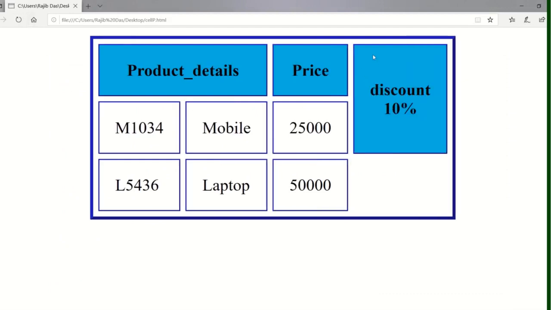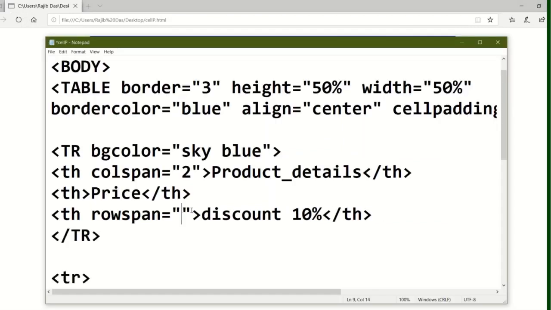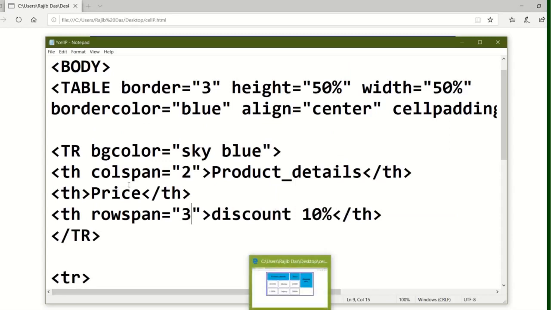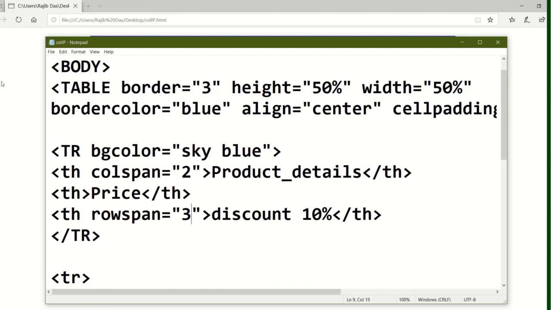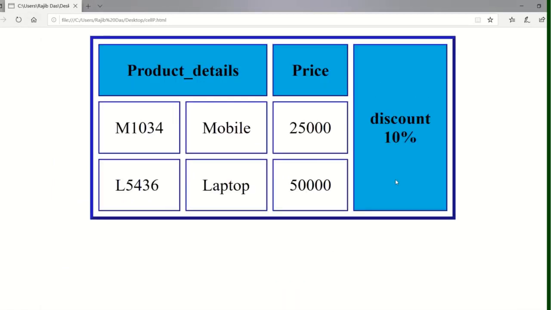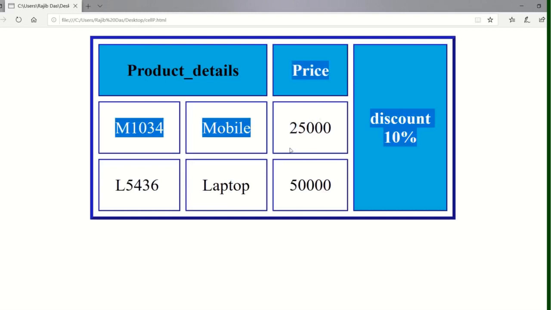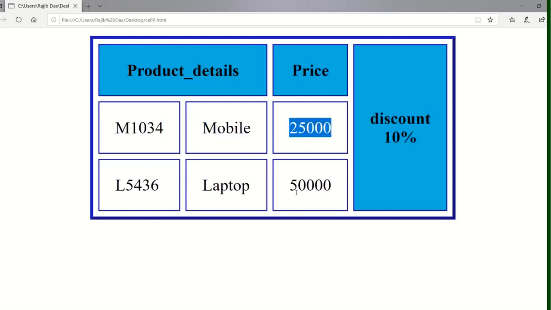See, this is one more column. The rowspan will be 3, because it is covering 3 rows. Now I am creating a column in the first row, but this column expands up to these 3 rows: the first row, the second row, and the third row.